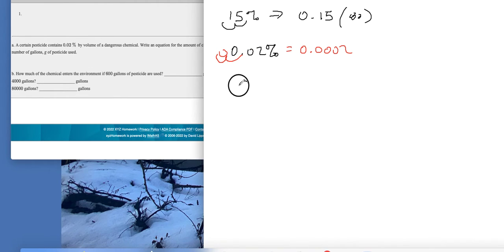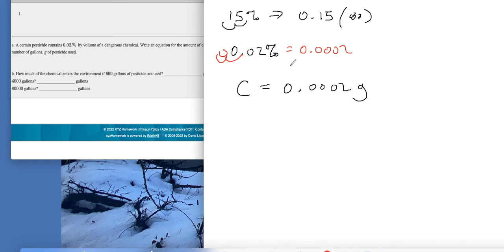So we're going to get chemical out, how much chemical is going into the environment, and then we're going to take the percentage of the number of gallons. So this percentage of the number of gallons that is used is going to produce that much chemical in the environment. And then for part B, it's how much chemical enters the environment if 600 gallons of pesticide were used,